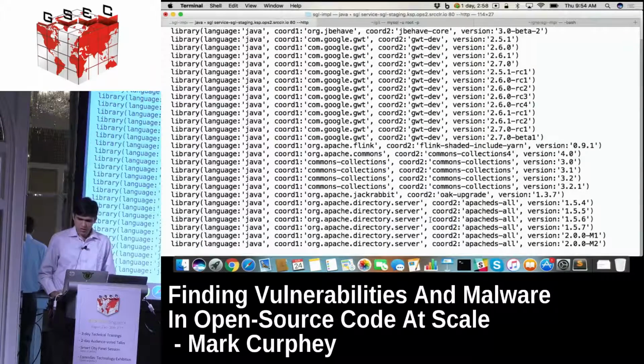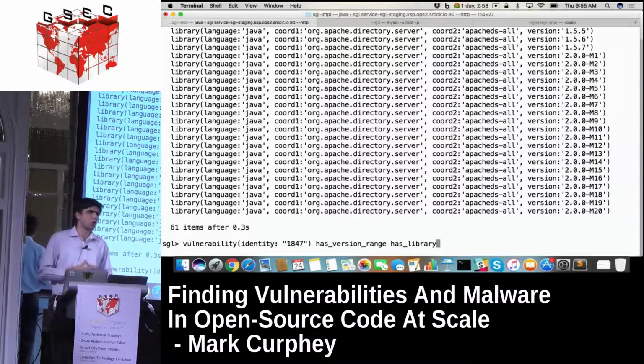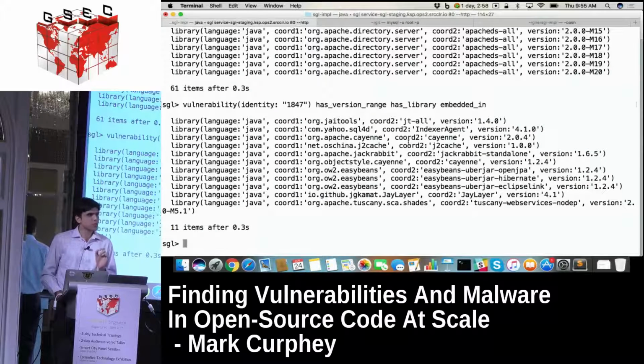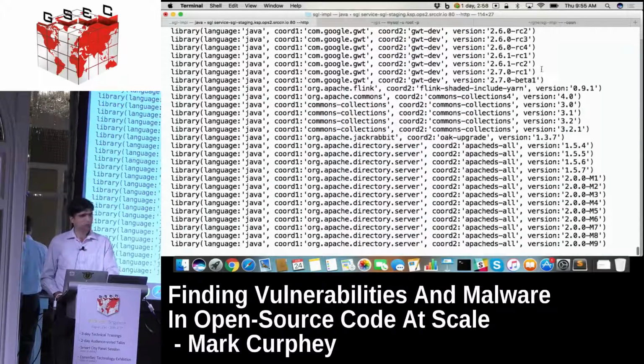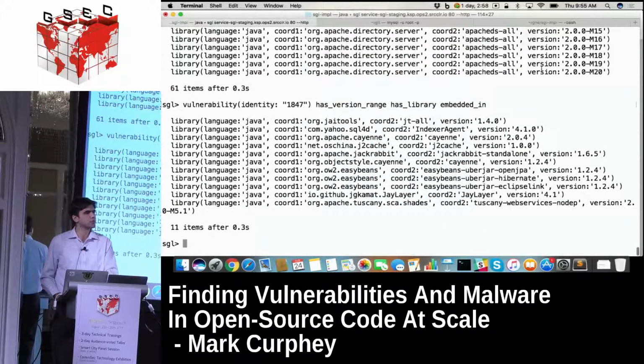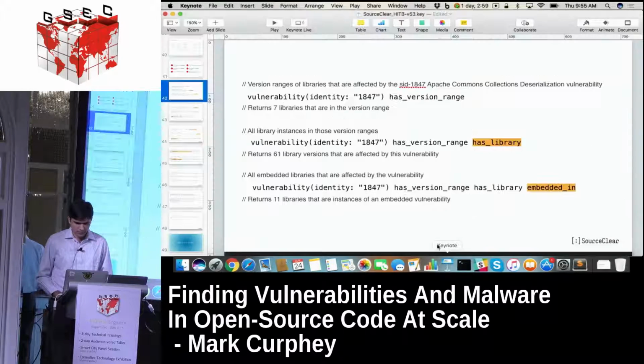And then, remember we are doing the first query where we wanted to find out all the other libraries which copy these jars into them directly. So this is based on bytecode similarity. So what you do is you do just, and we call this embedded, right? So this tells you there are 11 libraries which actually copy one of these vulnerable libraries. So this is showing you 11 libraries which copy the class files or the jars directly of a particular vulnerable library. In this case, the Apache Commons collection, right?